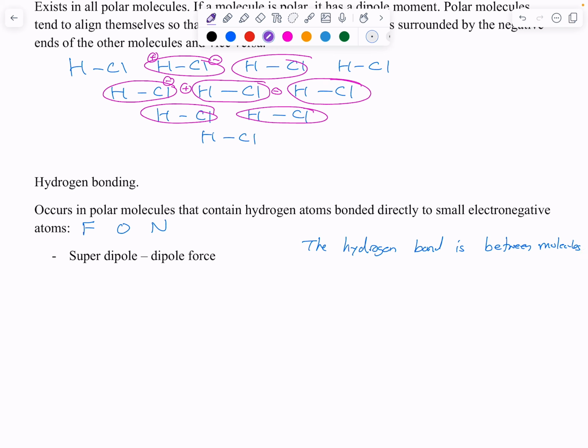So if I have water here, let's just say, and another one over here, the hydrogen bond would be with this pair of electrons to that hydrogen, right? And so the hydrogen bond would be